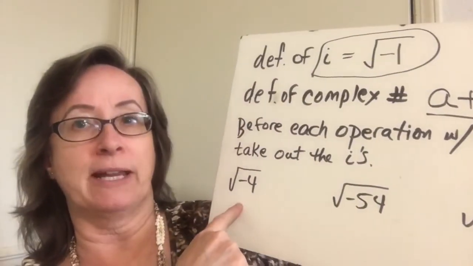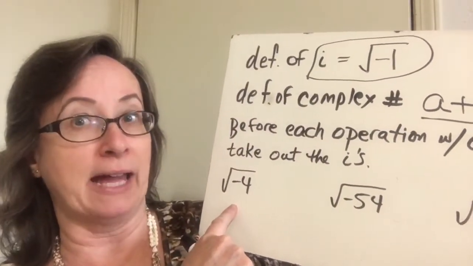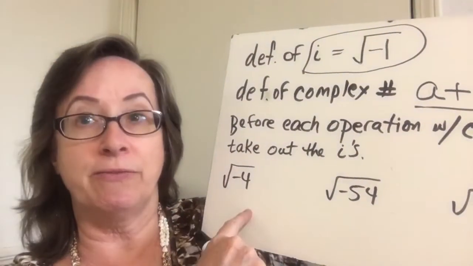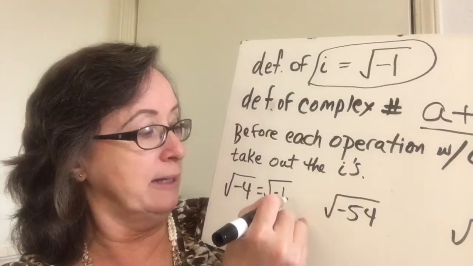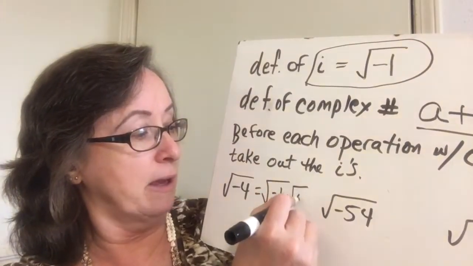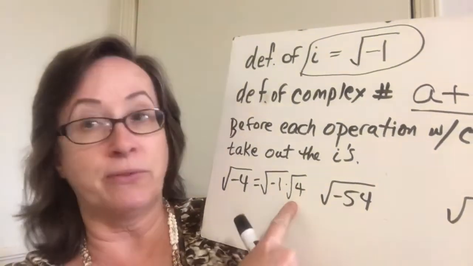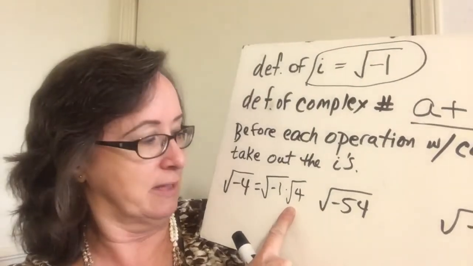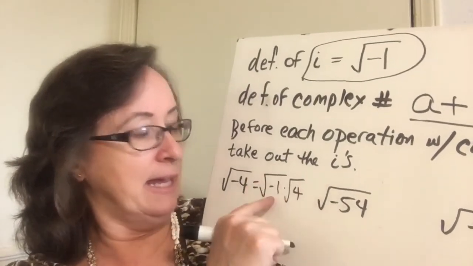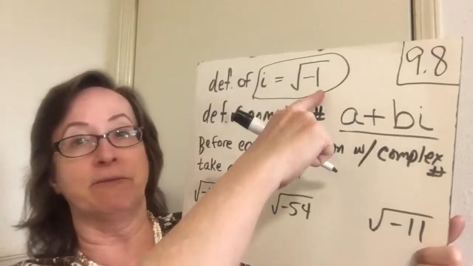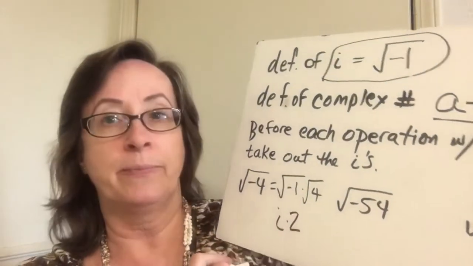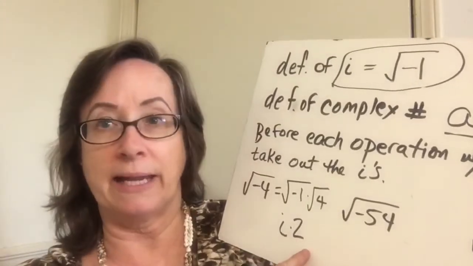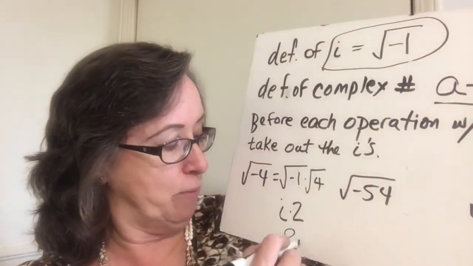Okay, so we have the square root of -4, and we are supposed to simplify these numbers. The square root of -4 is the same thing as the square root of -1 times the square root of 4. Well, the square root of 4 is still 2. Okay, and then the square root of -1 we have defined as i. So we end up with i times 2, but we would usually write our i behind our 2. So 2i